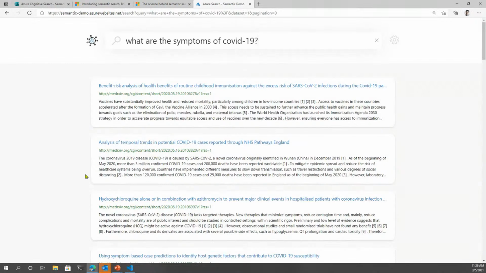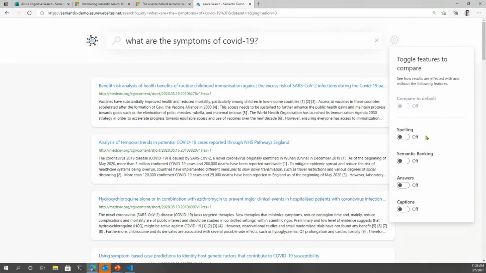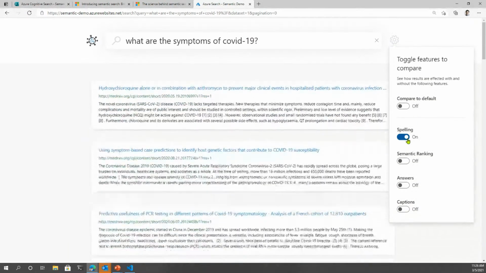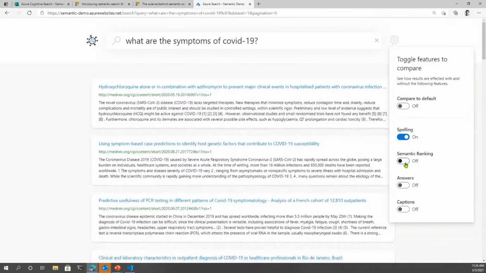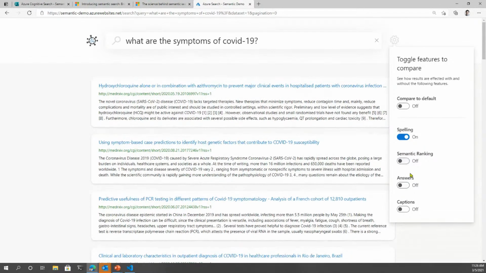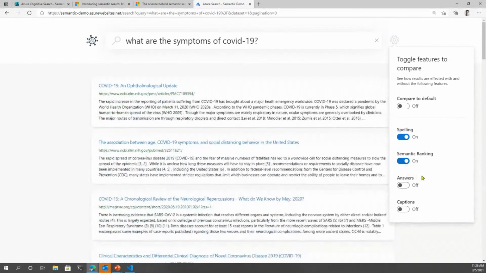So right now what you see is the list of results that we will have returned with our normal BM25 index, this lexical index. So I am going to little by little turn on each of the features. So first I'm gonna fix spelling. I don't think I had too many or any spelling mistakes, but that did have a little bit of impact. I will add the semantic ranking and what? Okay, there we go. Some bug with my demo,